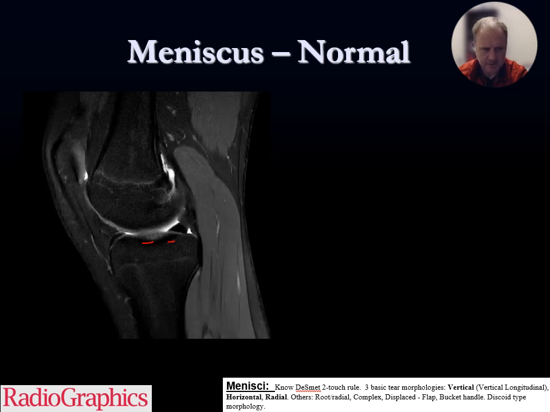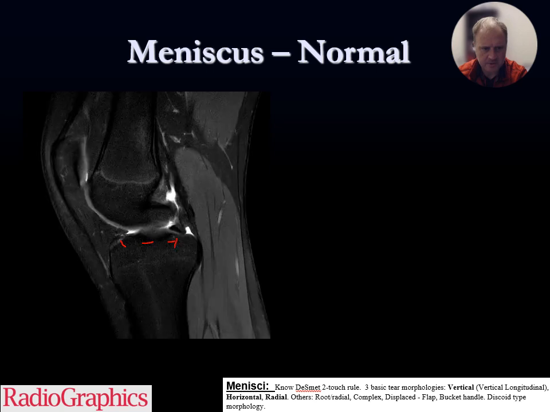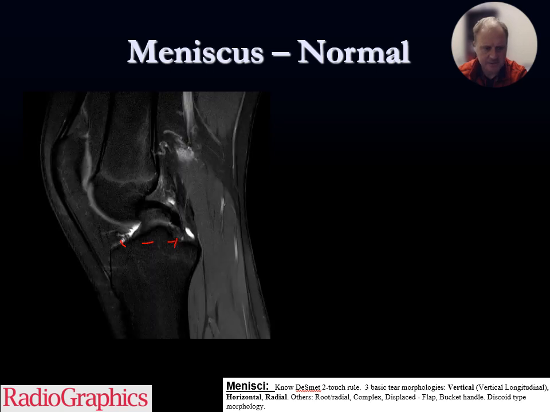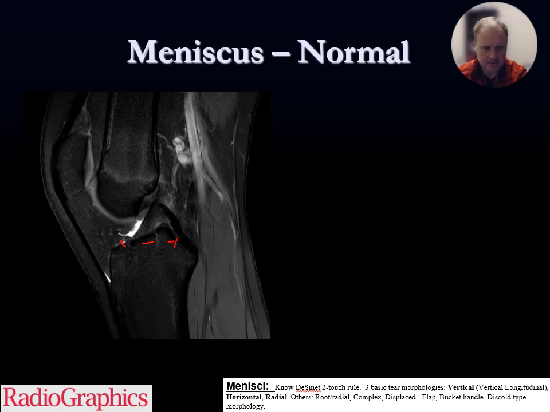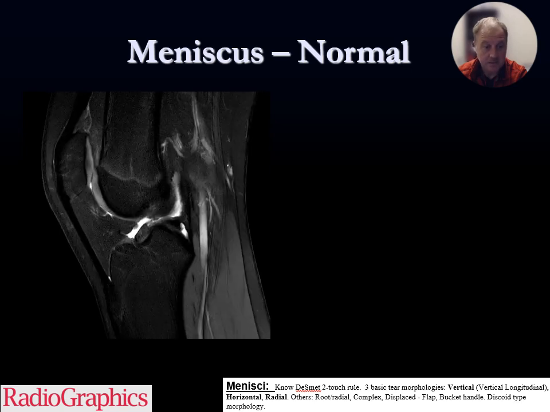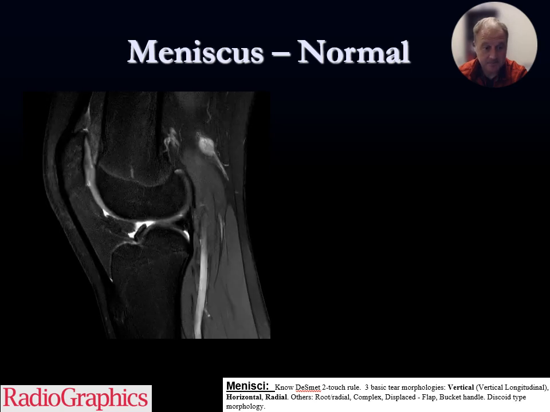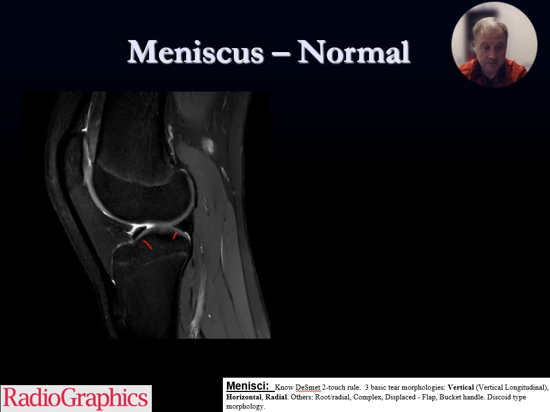And you try to follow both the anterior and the posterior root all the way to their root attachments, and they should attach normally like that. Now we're going to come out of the intercondylar notch, and we're going to pick up the anterior and posterior horn root attachments of the lateral meniscus. And here they are, and we've already come a little bit out into the lateral